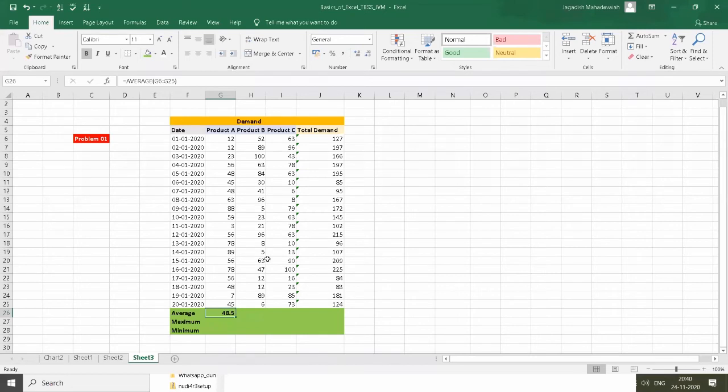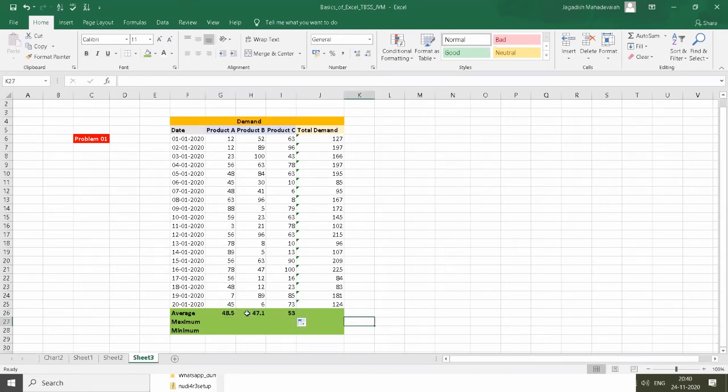Now, in the same manner, we need to calculate the average for product B and product C. So we can utilize the drag function. You find this black color plus mark, drag it. Finished.